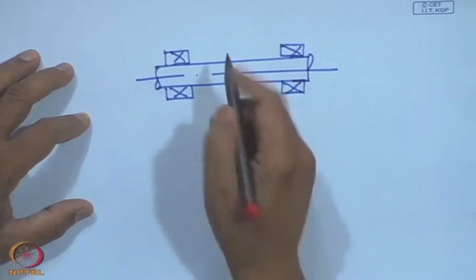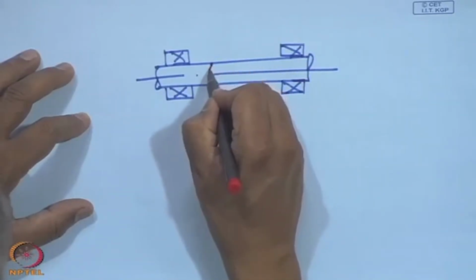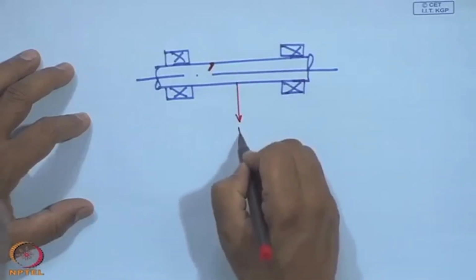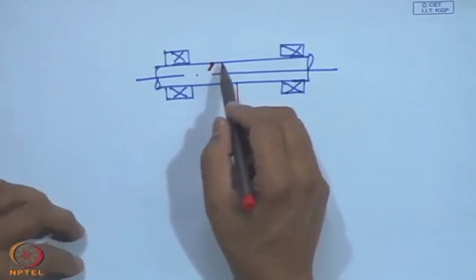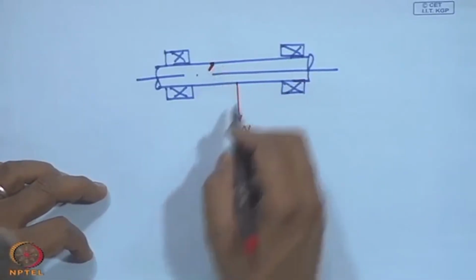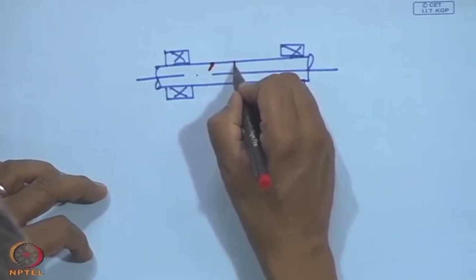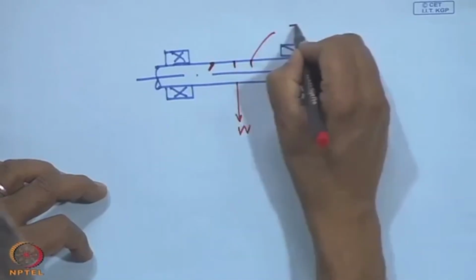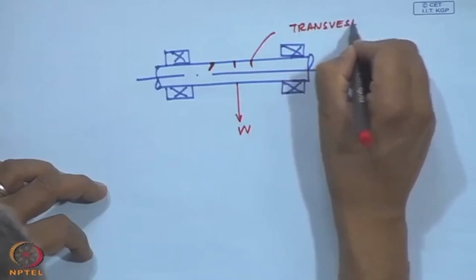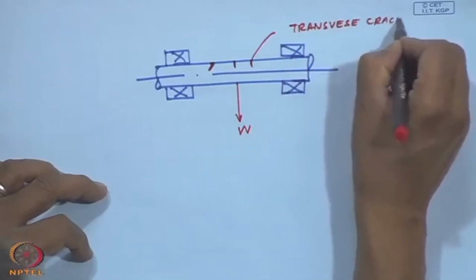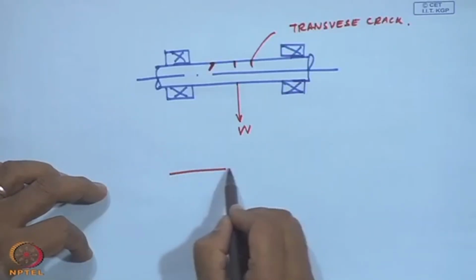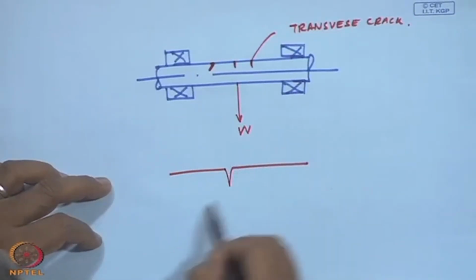Okay. There could be a crack, and there could be some bending load because of a weight. And then we are going to have this kind of a crack, which is usually transverse almost in this line. These are transverse cracks. Okay. And if I exaggerate it in the drawing,